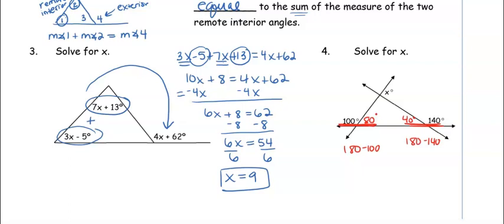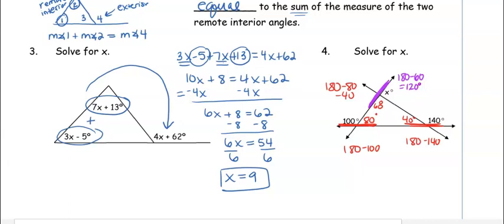If I look for this angle right here, I can think about the Triangle Sum Theorem that says all three angles in a triangle have to add up to 180. So I do 180 minus the 80 we found, minus the 40 we found, and then this angle is going to be 60 degrees. And then I can do the linear pair again to find x, which is 180 minus 60, leaving me with